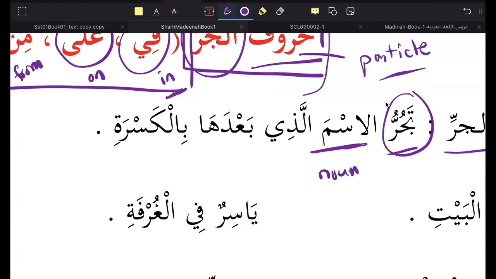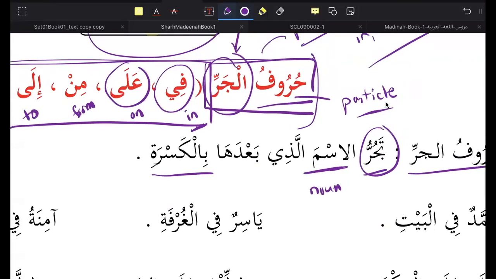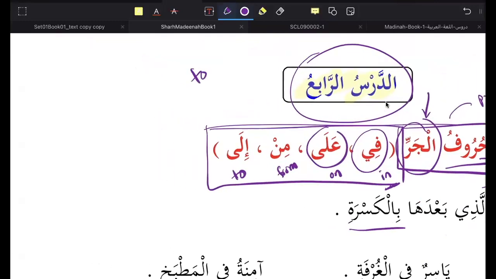How does it do tajurru? Bil kasra. So this will be the first time that we see what we mean by the ending having to do with the grammar. Remember the last class we said that by default,